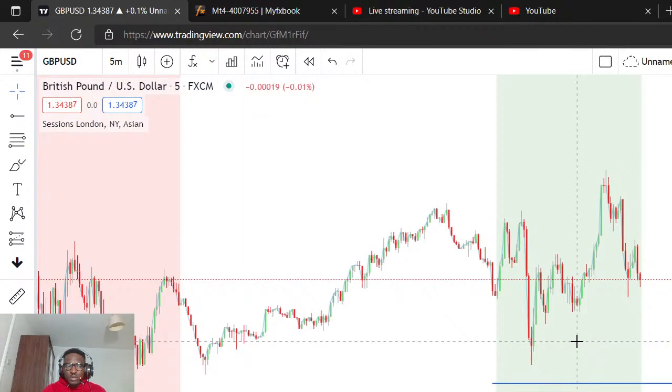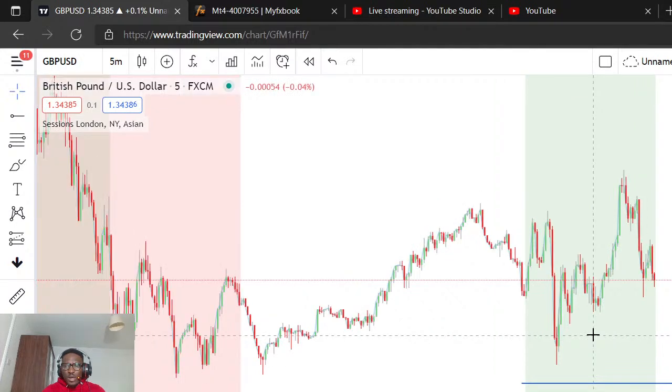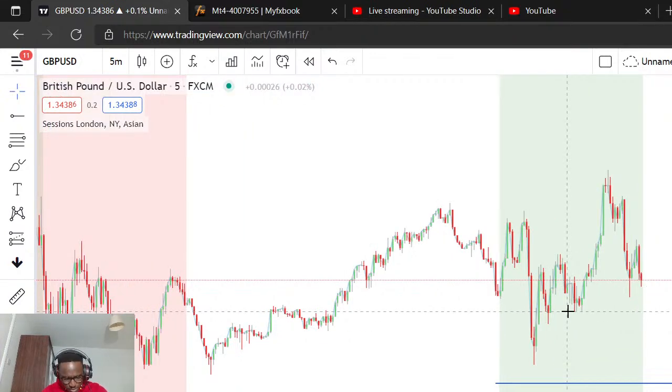And you have to remember that we're still going against the trend in terms of this trade. But one of the things I always say to new traders is that it's not a big deal to lose a trade. It's really not. Once you've lost the trade, you have to be able to accept it and just live to fight another day.